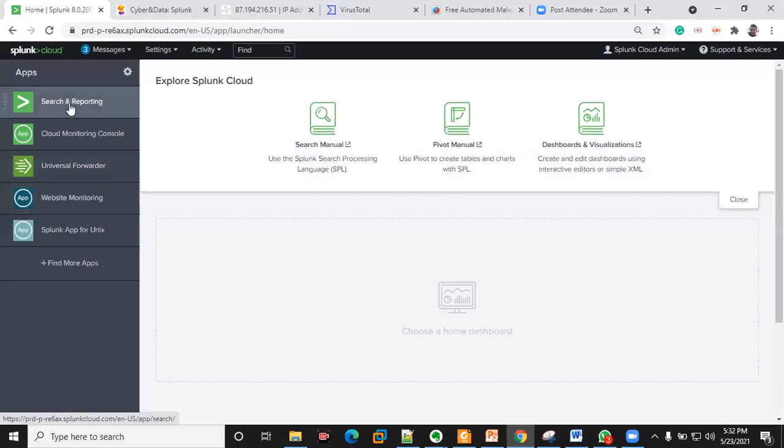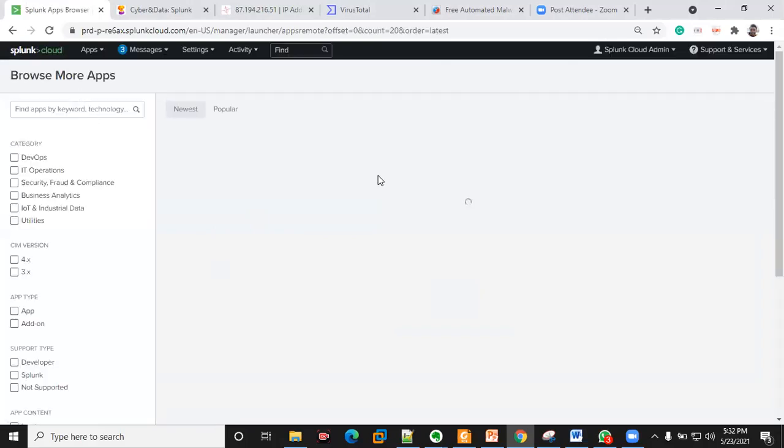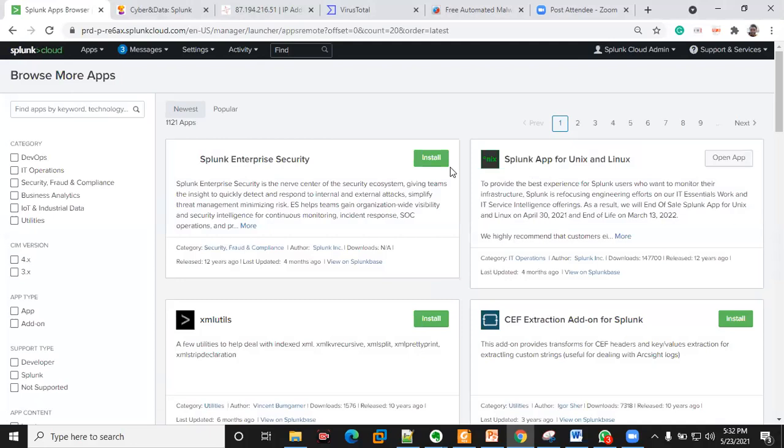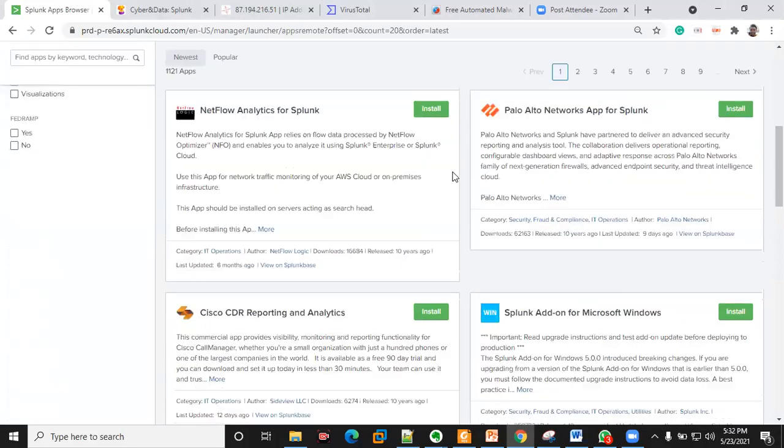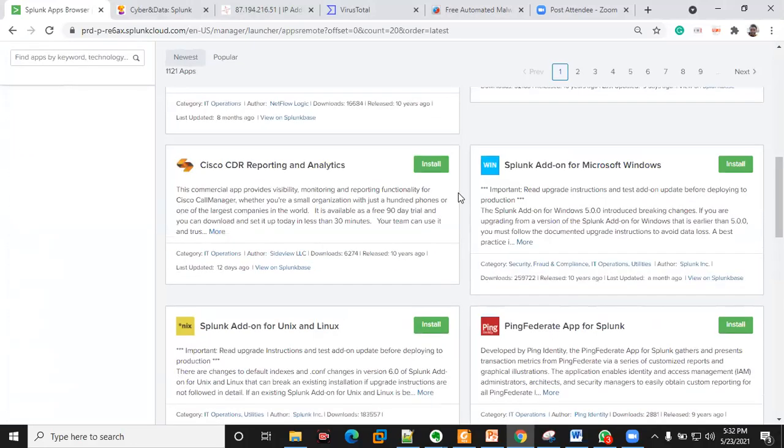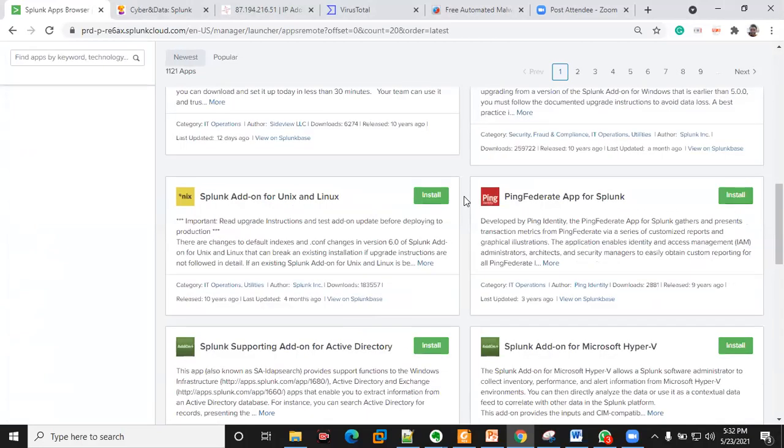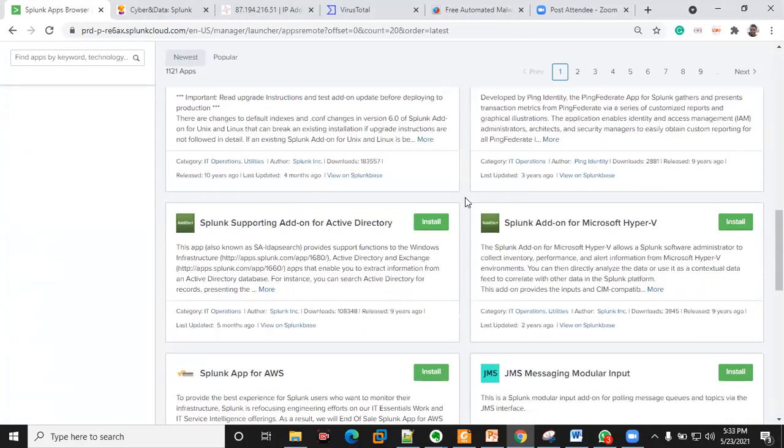Okay, so also, before I move on, these are what I was trying to explain to you guys earlier. These are the various apps that you can use. These are various applications that you can connect with your Splunk. Splunk is very, very flexible,